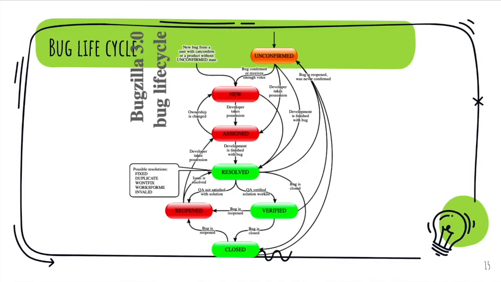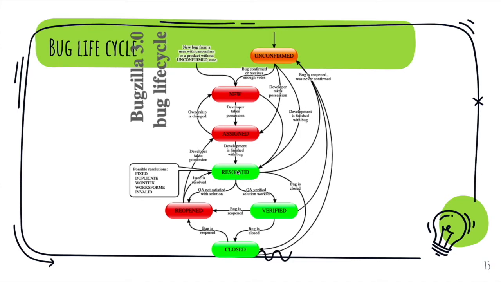Bug life cycle. So if we tested any functionality, say for example login functionality, and some of the test cases were failing, like the user was not able to log in with the correct username and correct password, we will open a bug for that. That bug will be unconfirmed at first, so it will be a new bug. A developer will pick up this work, or maybe I can assign it, or any developer internally can assign it to themselves, and then they will go into the fixing process of the bug.